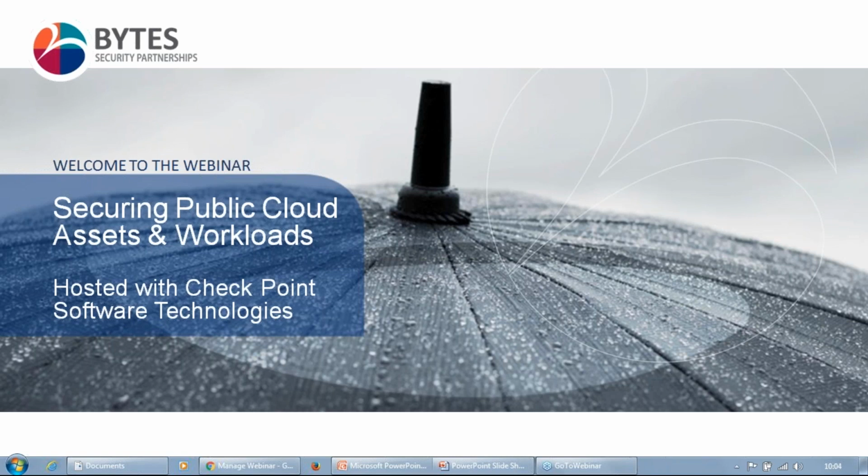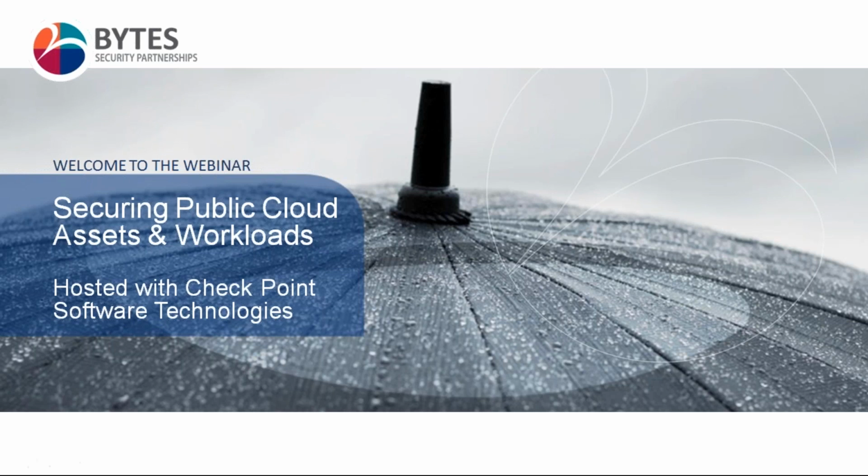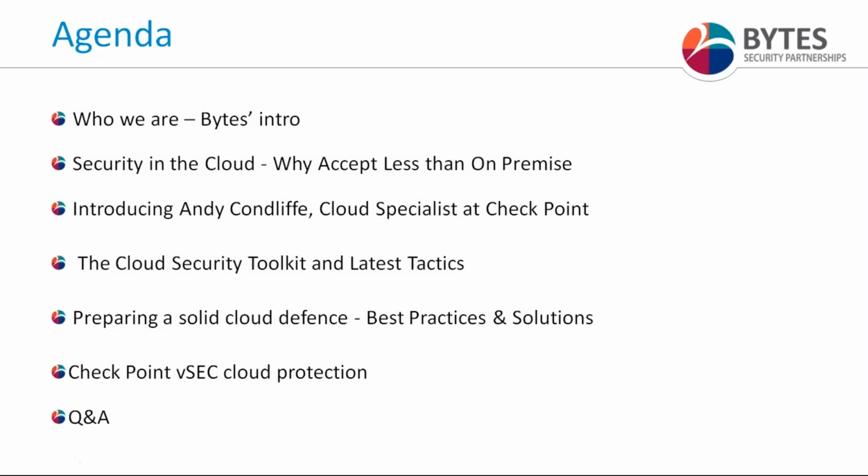Andy will take you through the bulk of today's presentation, looking at how you can secure the assets in the public cloud against emerging and rising threats. So just a little bit of an agenda for today's session. I'll do a very brief Bytes intro, as many of you know already, and then set up today's session with a bit of an introduction, talking about why businesses shouldn't be tempted to accept less security in the cloud than on their premises. I'll introduce Andy, who will take you through Checkpoint's Cloud Security Toolkit, a bit of information around current security